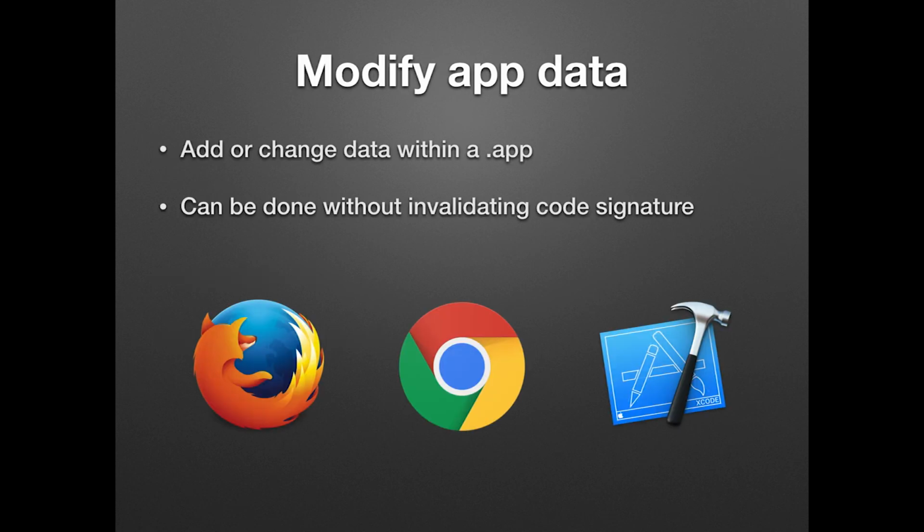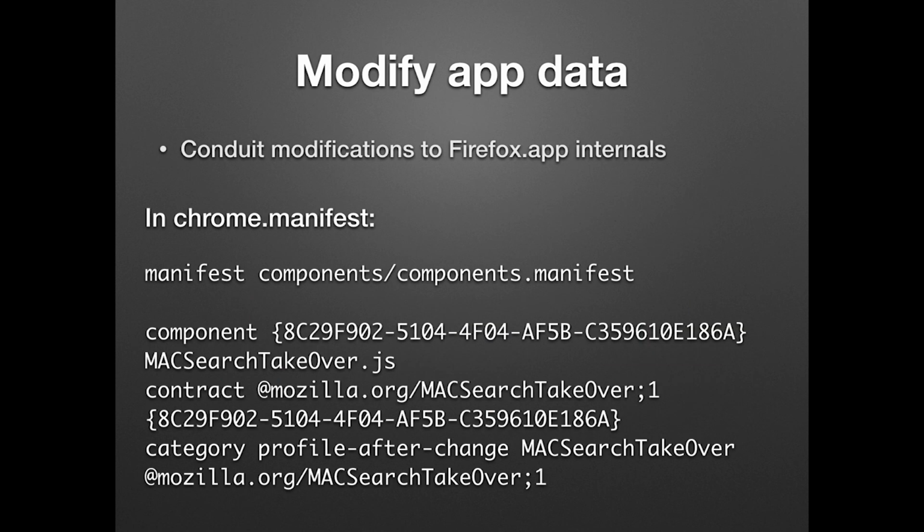Now, another way that people can get a little bit of persistence here is actually by modifying app data. And this can be done in some cases without invalidating the code signature. And 3 common examples that I'll give are Firefox, Chrome, and Xcode. So in the case of